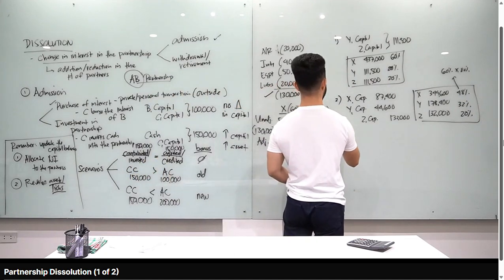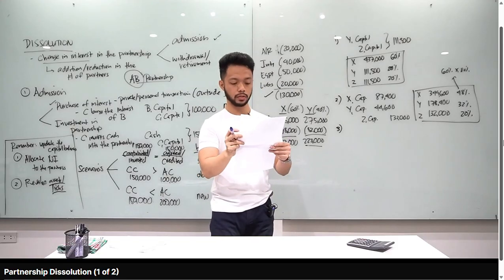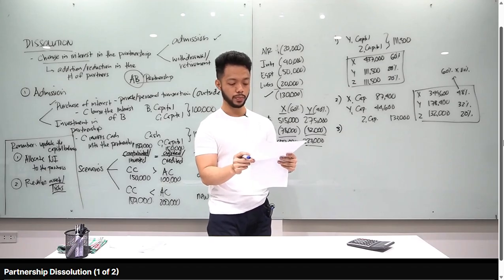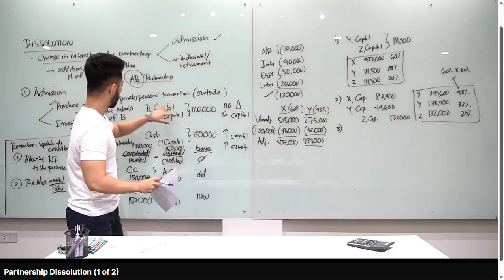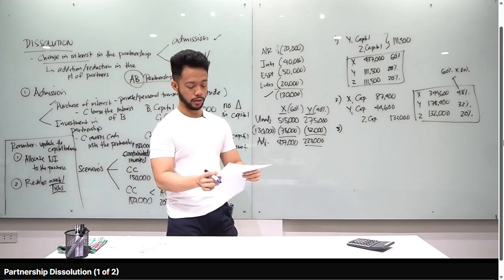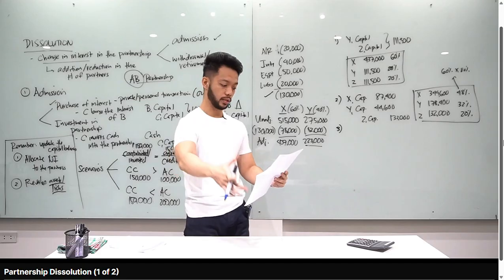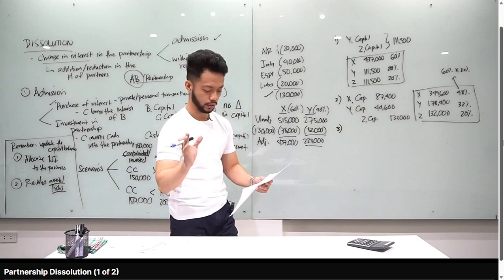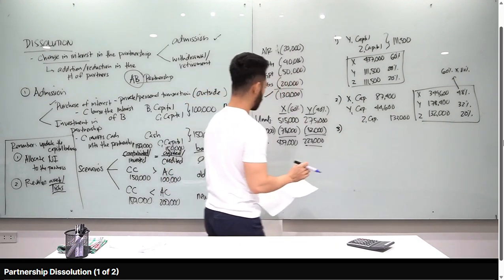Number 3. Z wants to invest for a 20% interest in the net assets and profits of the partnership. If no bonus is allowed, how much should Z invest and what would be the new P&L ratio? Numbers 1 and 2 were purchases of interest. Number 3 is an investment in the partnership. Now, what is being asked in number 3 is how much partner Z needs to invest for a 20% interest. That is the question.